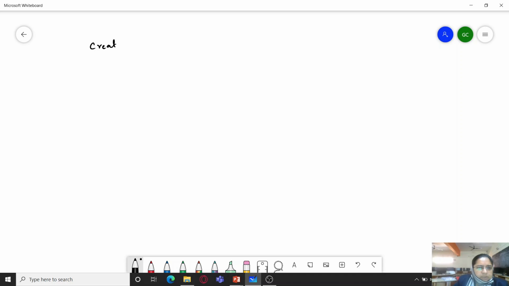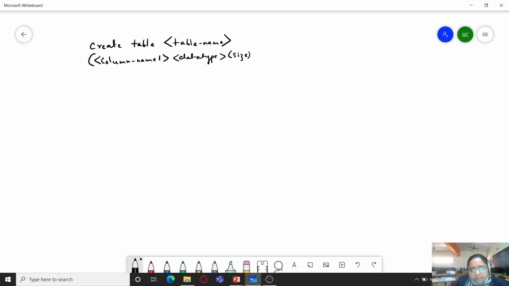Create table, table name, starting with a round bracket, that is parenthesis, column name 1 and its data type, and if possible its size, that is, size is usually optional.